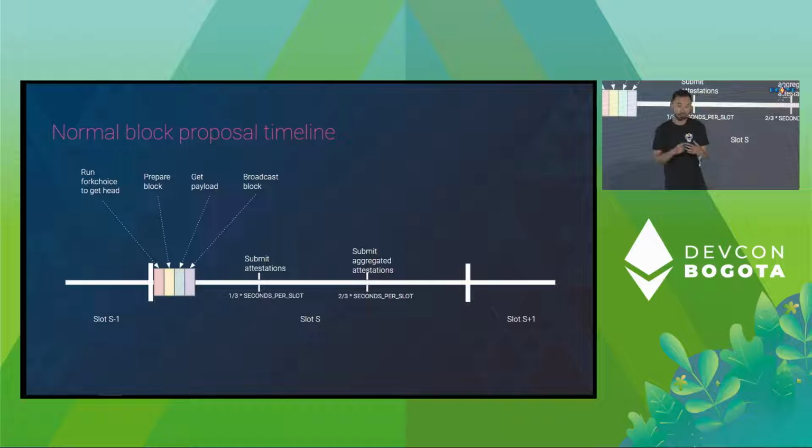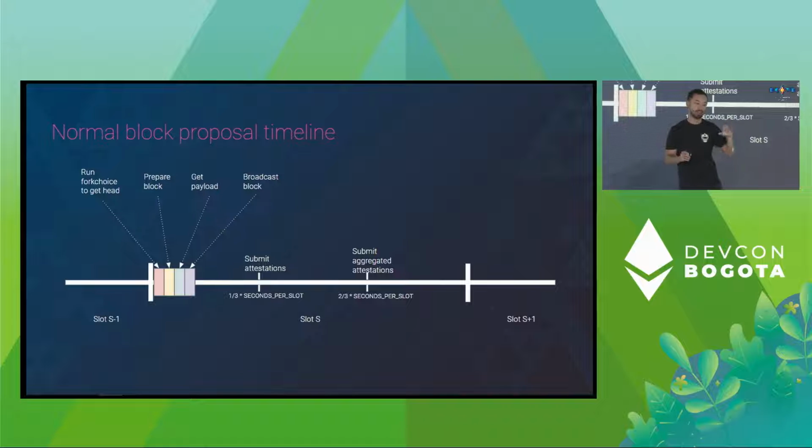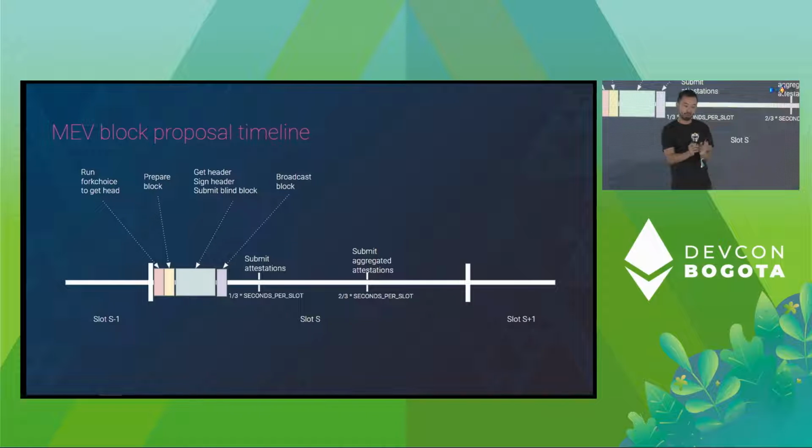So what does this mean when there's additional latency? Because when you propose a block, usually how it works is that you run fork choice to get the head, then you build a block based on the head, then you get a payload from the execution engine, then you broadcast the block, right? And then at the 4-second mark, which is 1/3 of the seconds per slot, attesters will vote on what is the head of the chain. And if the attesters did not see your block, then your block may get orphaned, and that's not ideal. You do not want to lose a block, right? So this is what we don't want. We don't want something that's taking up so much time in the middle with the get header, sign header, and then the blinded block, right? So this to me is worrying.